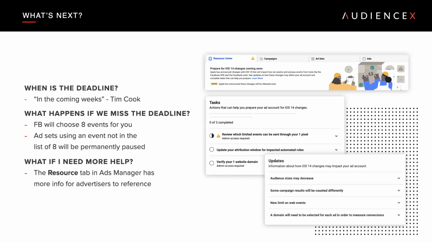So I'll add here also that if you need more help after this webinar, you're welcome to reach out to us, but there's also a lot of information in the resource tab directly in your Ads Manager. You can see in the images on the right and on the slide, in the Ads Manager, next to your campaign, ad set, and ads tabs, there's a new tab called Resource Center.